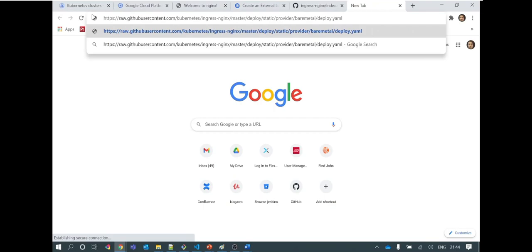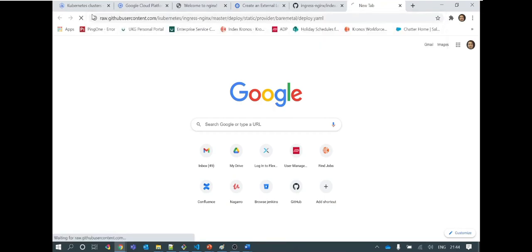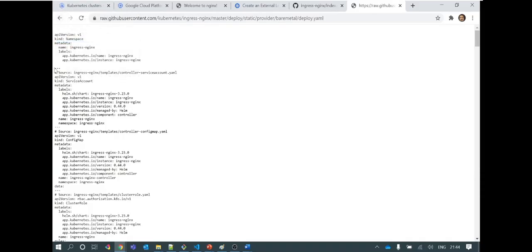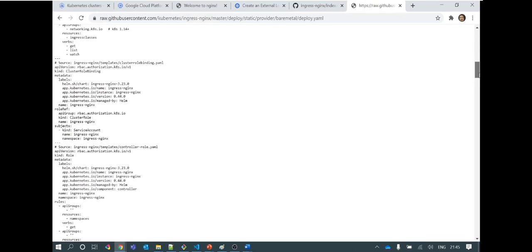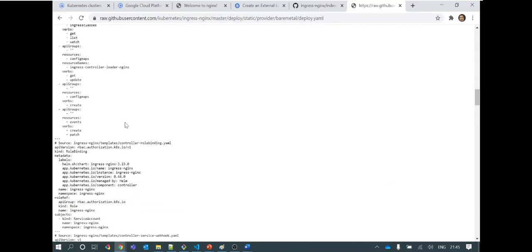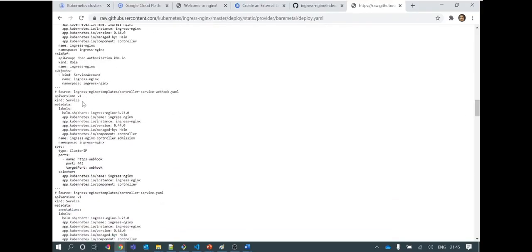One YML file can have multiple object definitions separated with this hyphen. Okay, this is where you can see this YML file has a namespace. It will create a namespace, and the namespace name will be ingress-nginx. It will create a service account also. So every object definition is separated using these three hyphens. Then a config map will be created, then cluster role. These are all separate objects required for this ingress controller functioning. Okay, cluster role binding and role are required to access the ingress and manage it. Role binding will be done with the respective users. Then a service will be created.